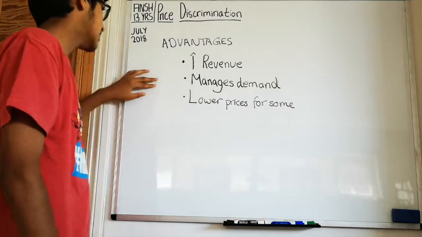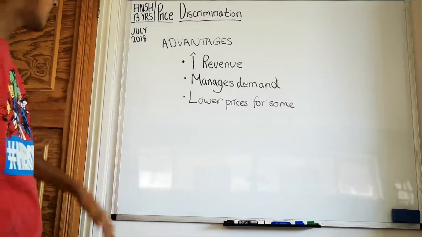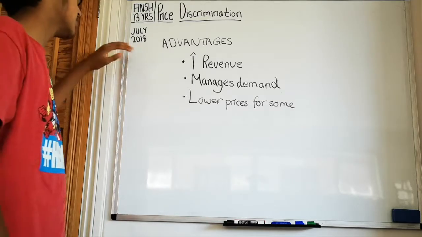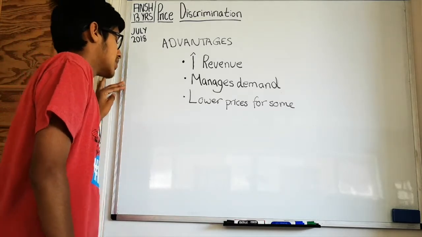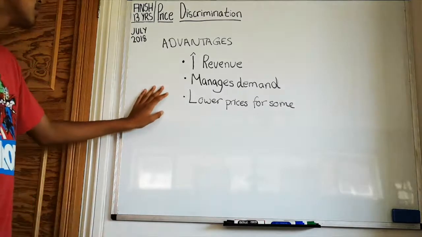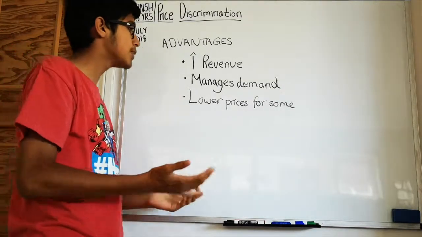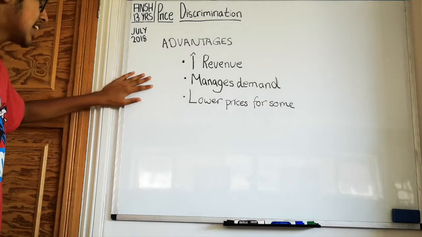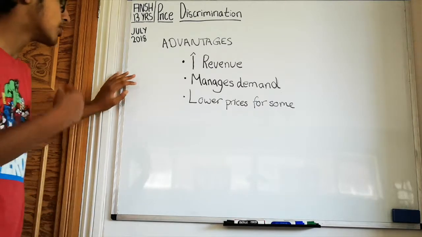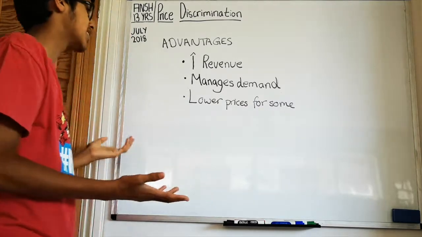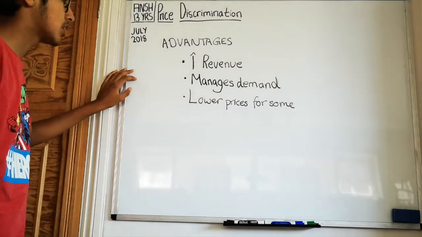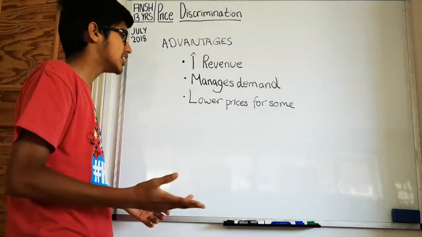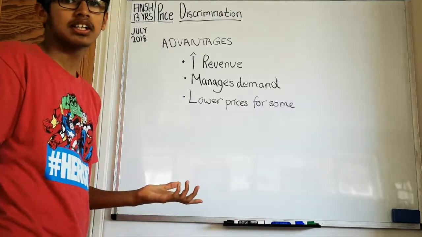And also it manages demand with regards to off-peak and peak times, which is an example, as we looked at previously, of third degree price discrimination. Taking the example of a restaurant, if someone's coming at off-peak times, then they would be charged less, and this manages demand because then there's more incentive to go at off-peak times. For example, a 5 o'clock dinner is relatively early, but since there's less charges for 5 o'clock dinners,